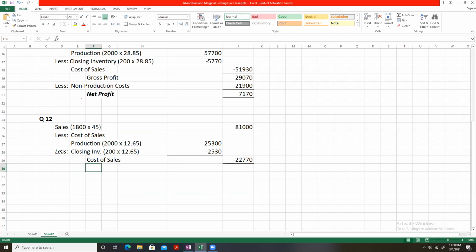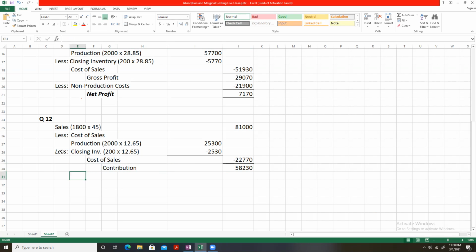How much should be the contribution? In marginal costing, we have contribution as opposed to gross profit. Gross profit is in absorption costing, but in marginal costing, we have contribution. So the contribution that we will get is